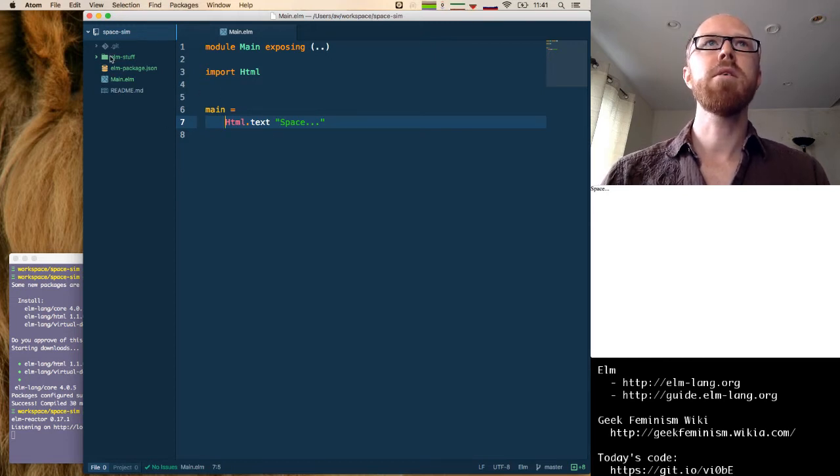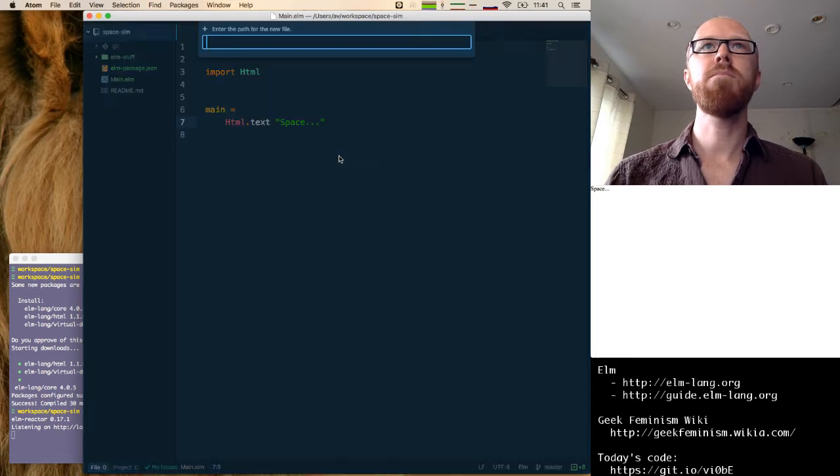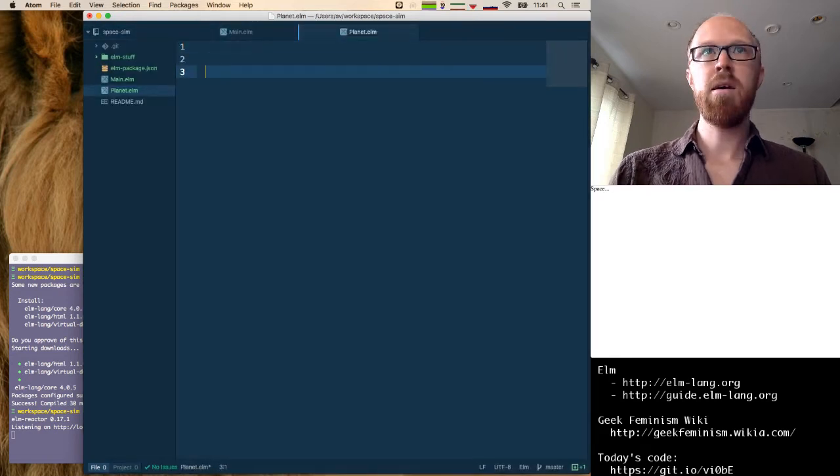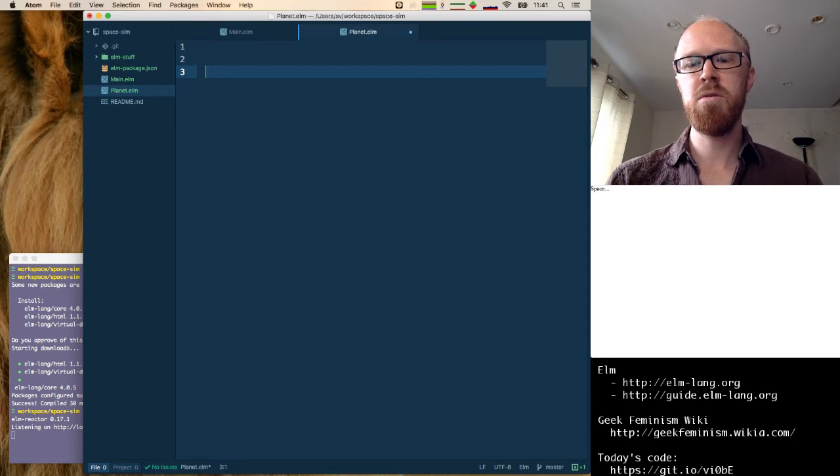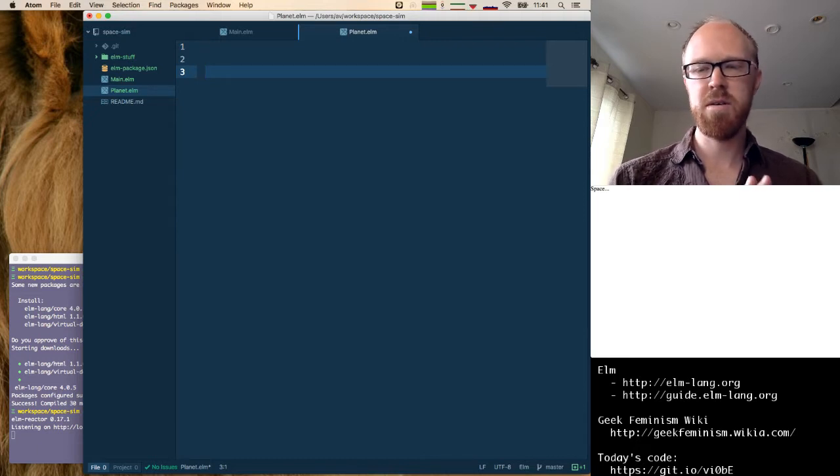So let's see. Why don't we start out with a planet.elm, and in traditional Elm fashion, let's think through the three things we're going to need. We're going to have a data model, we're going to have an update function, and we're going to have a view function.